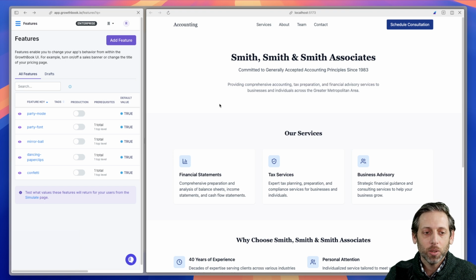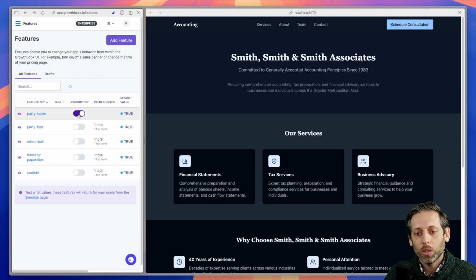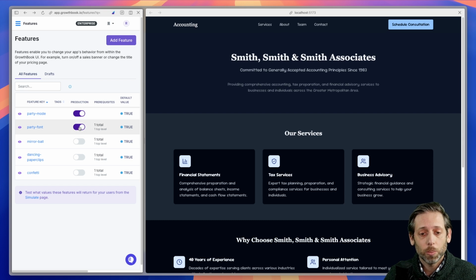What if it has a secret party mode? And with feature flags set up in GrowthBook, I can turn on those party elements one by one. So we start with party mode. We get the dark mode going there. Party font. And notice just by the way that these changes are streaming in one by one, another feature of